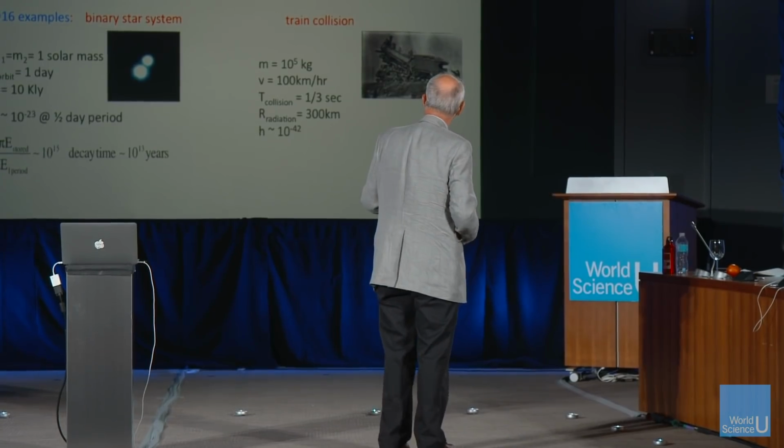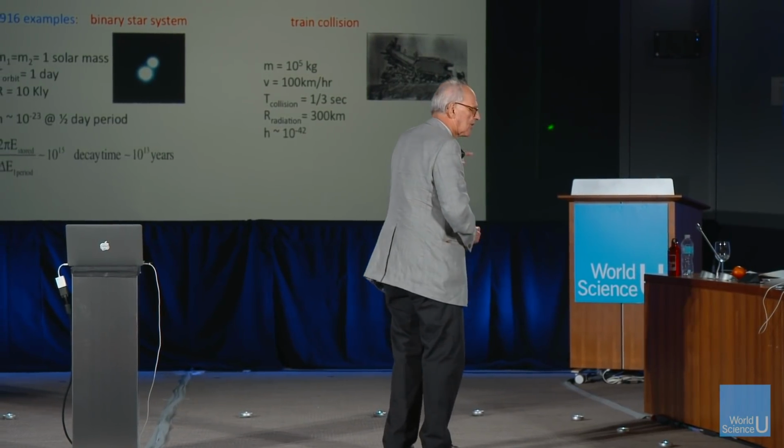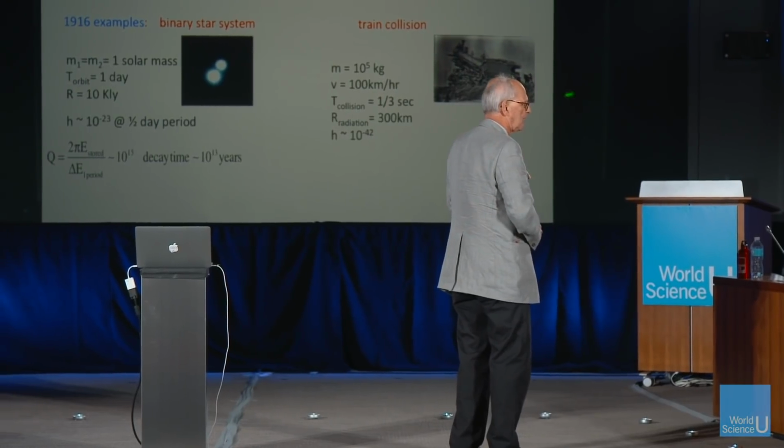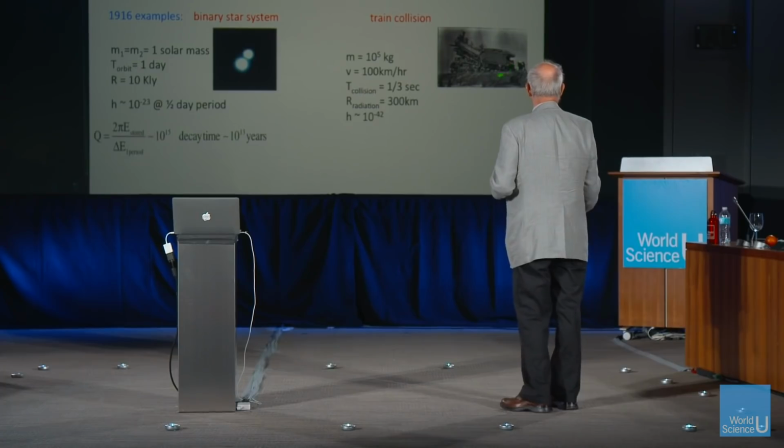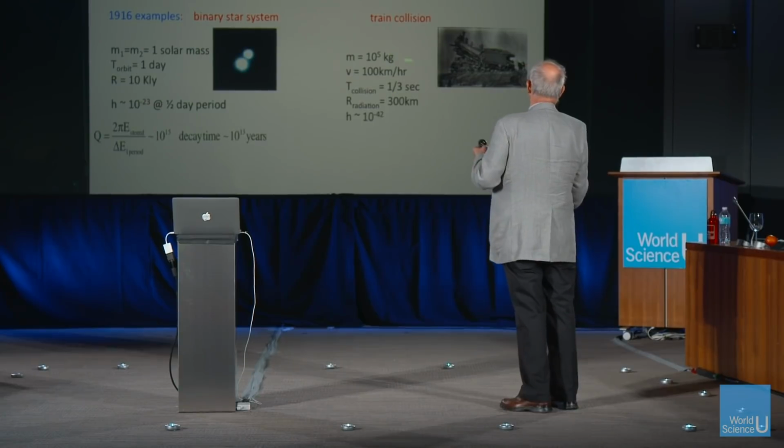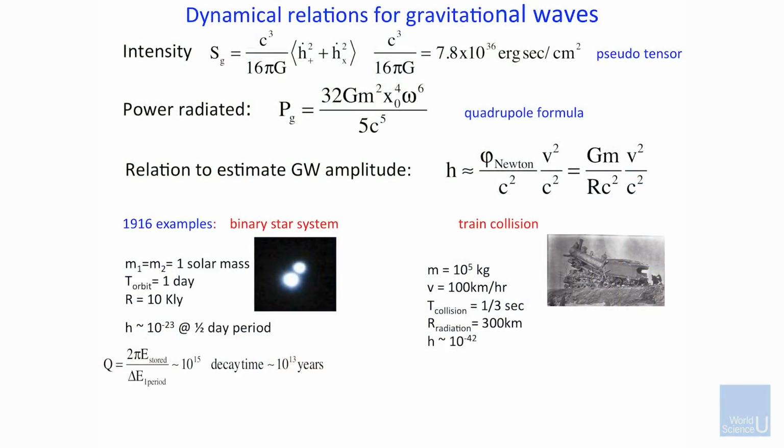I've asked the people who do the Einstein papers to see if they can find these two calculations somewhere in his papers. They have not found them. These were back-of-the-envelope calculations he must have done himself once he had this theory. For example, two trains colliding. You put some numbers in. It's easy to do once you have that estimating formula. You say the mass is about 100,000 kilograms. The velocity the trains had before they collided probably was 100 kilometers per hour, maybe a little faster. And the whole collision, because it's only the locomotives, is about 1/3 of a second. That's pretty fast.